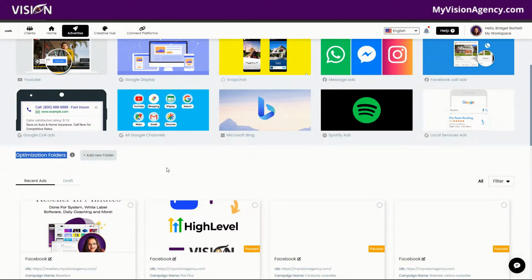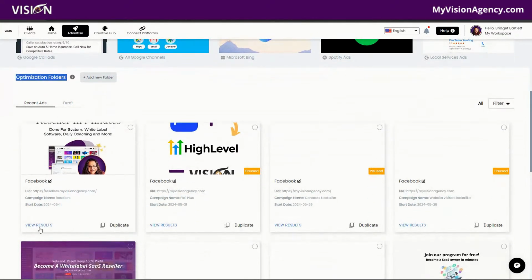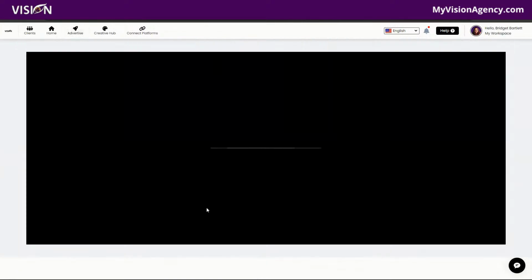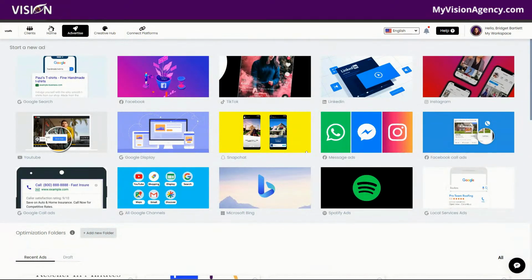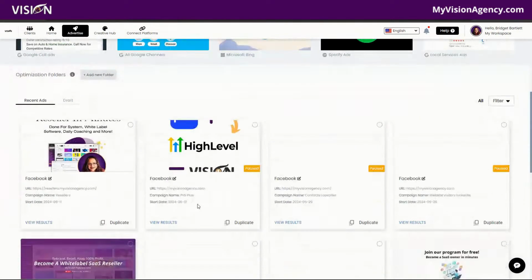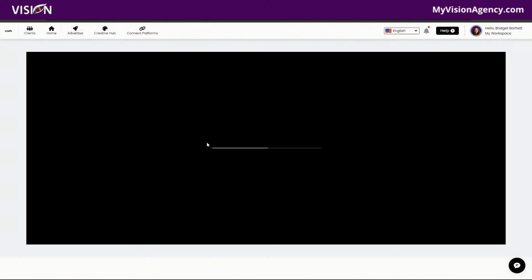Now, the software does this automatically when you have ads running in the same campaign. So if I look at this result, I don't know if there's any results in this ad yet or not, but if I look at this ad campaign here, let me go back to advertising here. Let's try this old one. All right. So if I look at this ad campaign, it will tell me